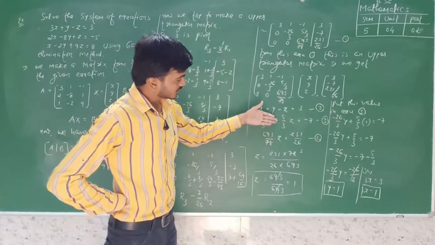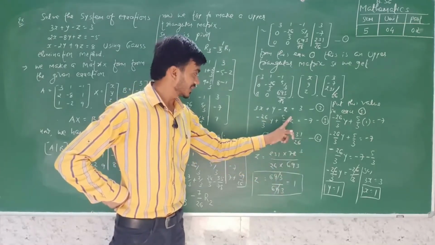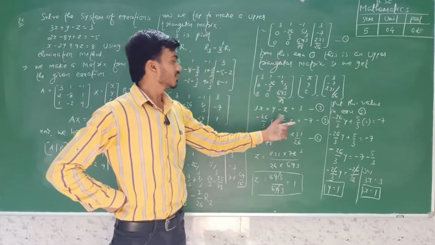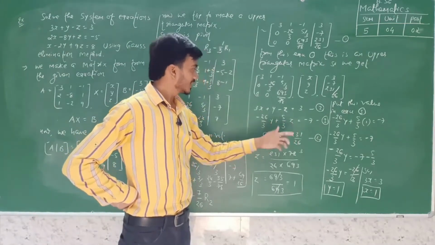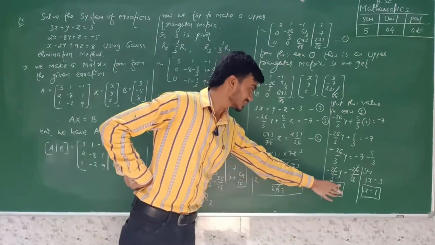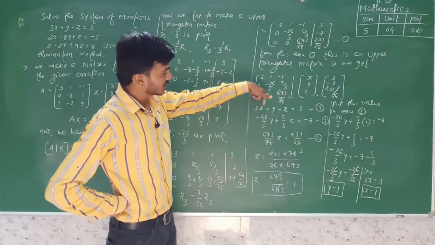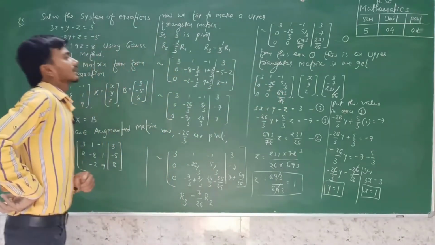So in this type of equation we can get the value of z. Put this value in the expressions of y and z, and whenever we get z equal to 1 and y equal to 1, we put these values in this equation, so we can get the value of x. Note down.